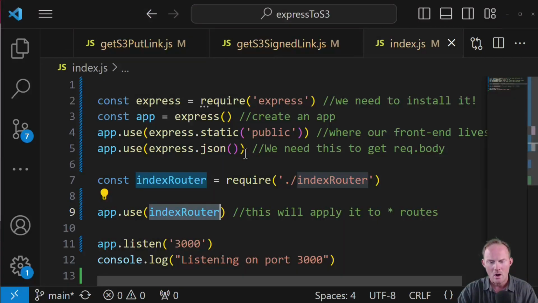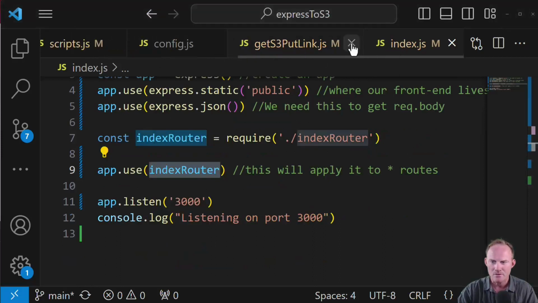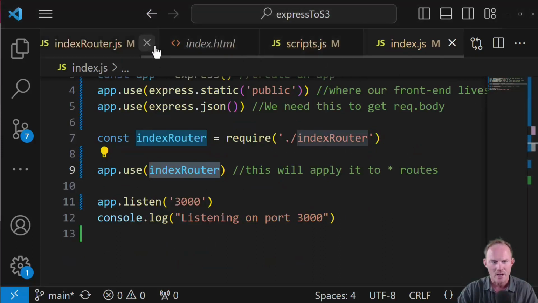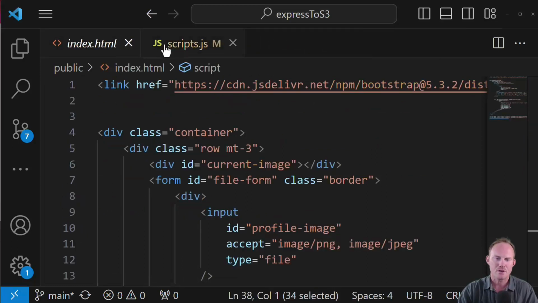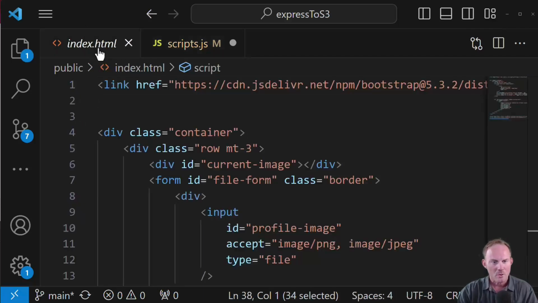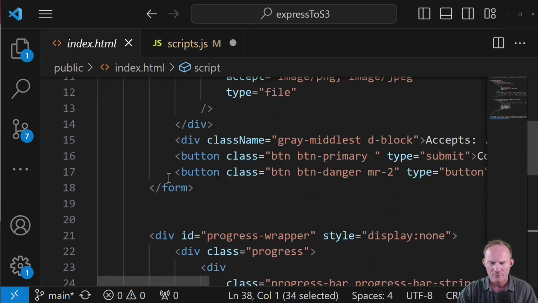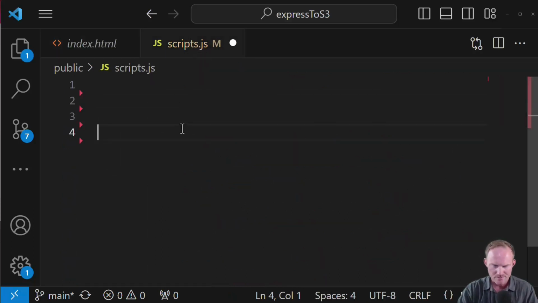Okay, when you are all caught up, we are going to start in Scripts.js. So I'm going to close a bunch of these extra files that we don't need right now. And okay, so we're down to just our front end. We're going to spend a little bit of time here before we move on. So in index.html, our form is right here. It's file-form. So in scripts, we can put this at the bottom, but